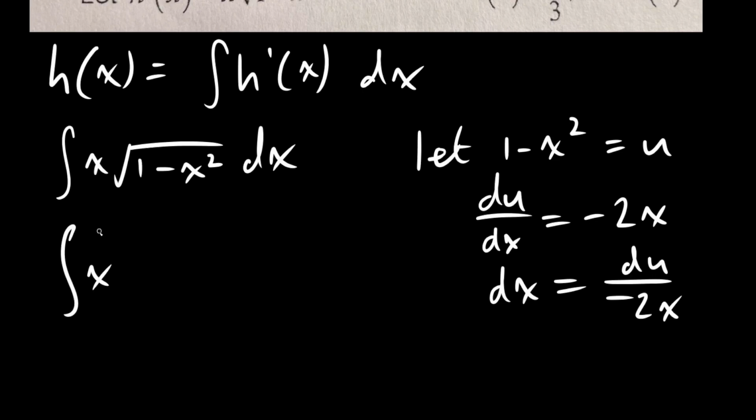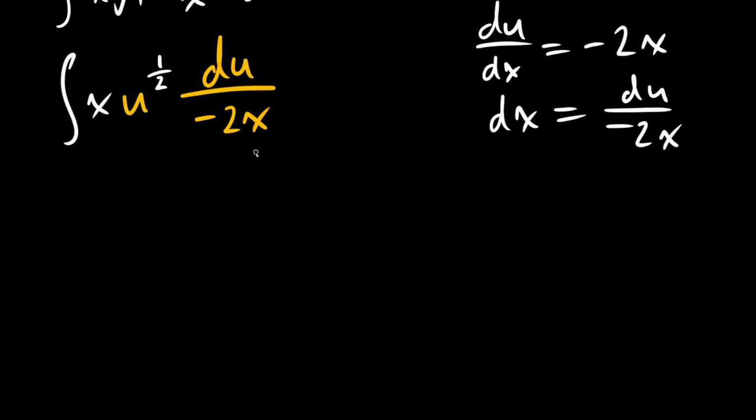I'm going to write that as power of 1/2. So u to the power of 1/2. And dx, we're going to plug in our newfound dx, du divided by negative 2x. You'll notice here that this x and this x can cancel cleanly. And we're going to have the integral of u to the 1/2 times